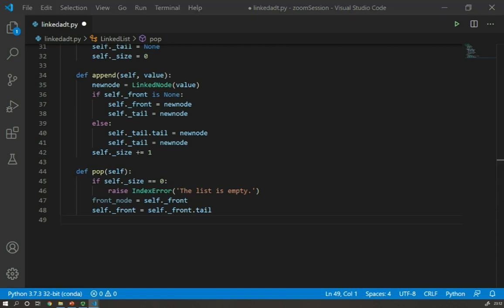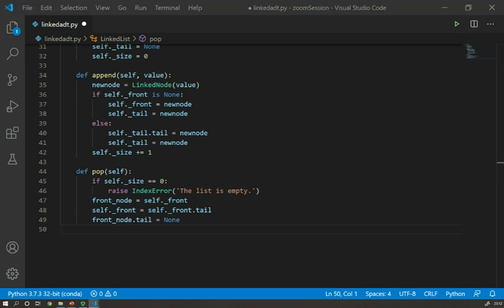Then I need to do some cleanup. So here I'm going to look at the temporary variable front node, and I'm going to point its next to None. So in fact, I'm going to sever the link between the first node and the second node. And then self.front will point to the second node. That's the way to remove it.